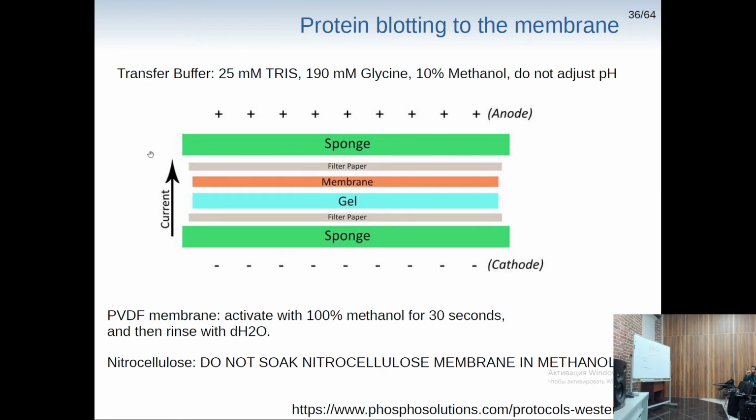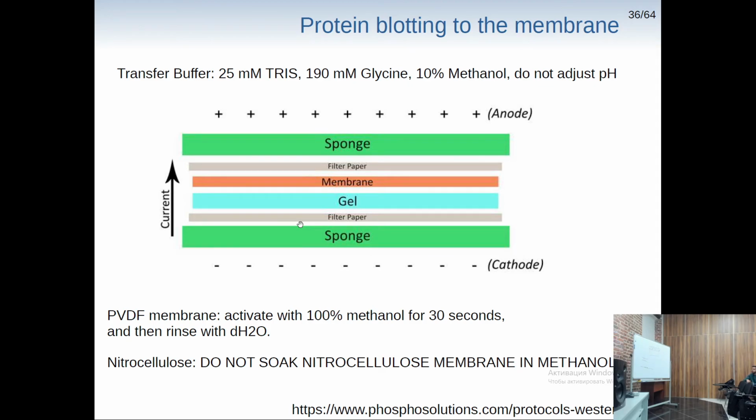put such a sandwich of different components to make this transfer run. We need some sponge which has some buffer in it. We need some filter paper to have our sandwich of membrane and gel between them. And this paper also helps us to get rid of any air bubbles, because if there are any air bubbles, current will not flow through them, and no protein under this bubble will be transferred. So we have to use some roller to get rid of all the air bubbles